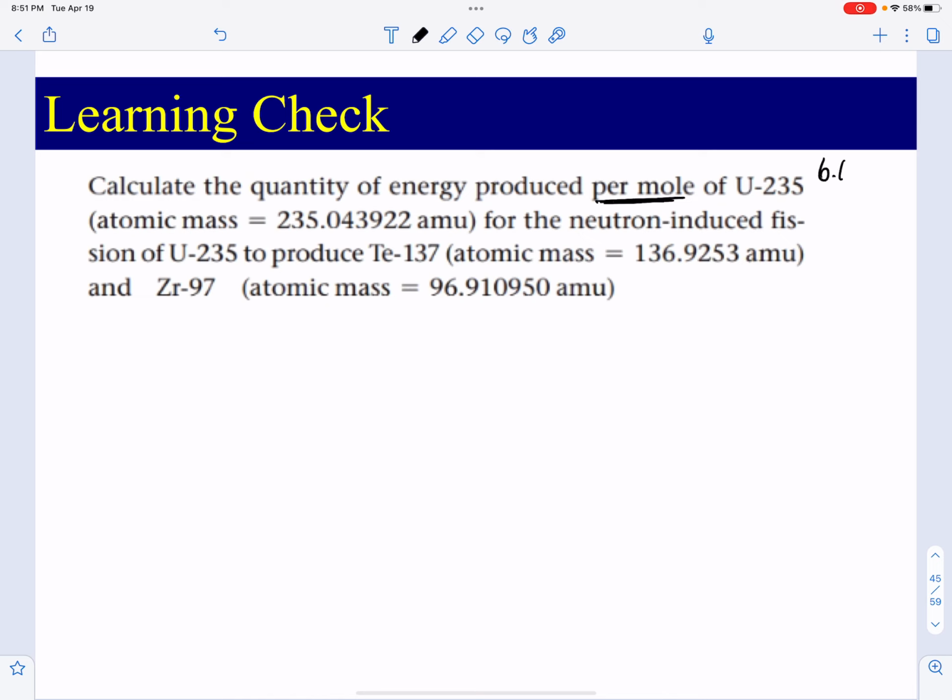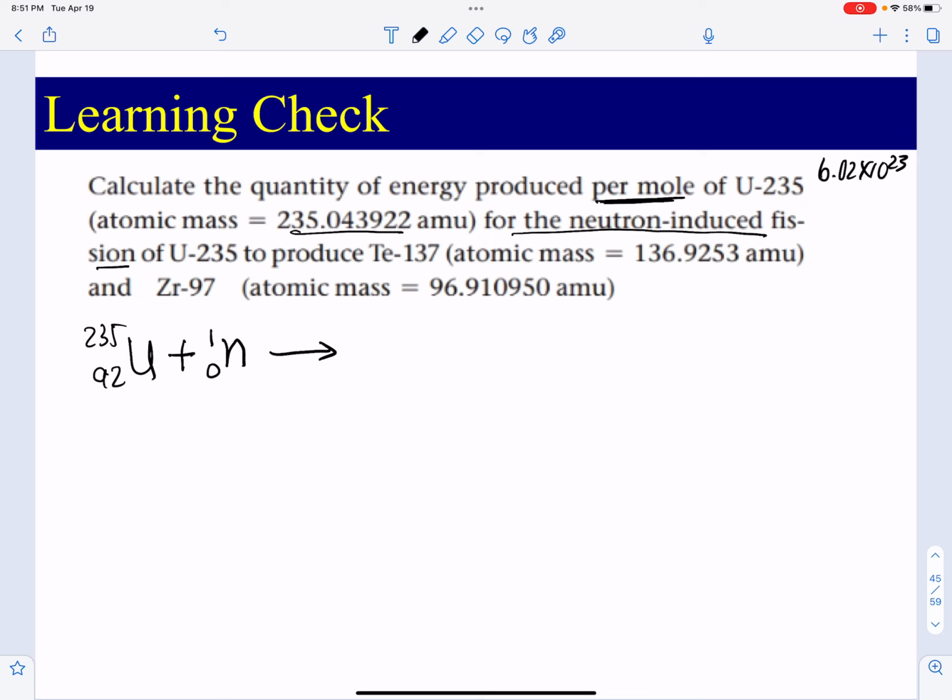At some point, we're going to have to use that amount of atoms of U-235 with this mass, in neutron-induced fission. So we're going to take uranium-235, and we're going to use a neutron to split it